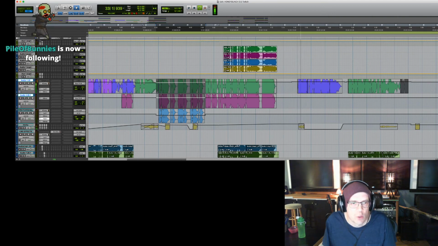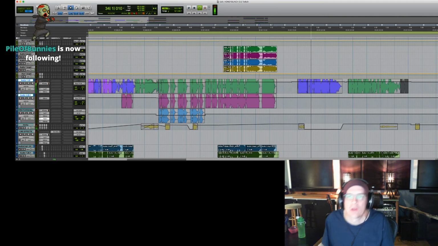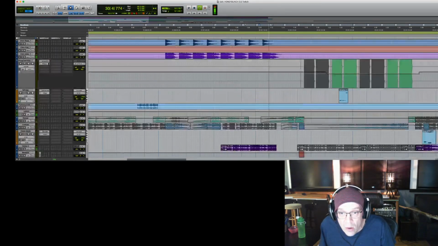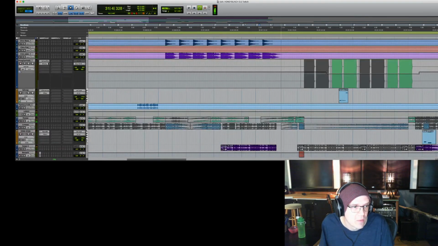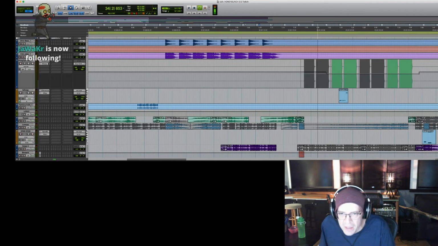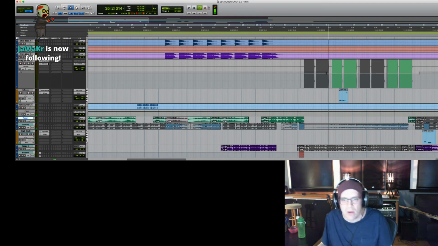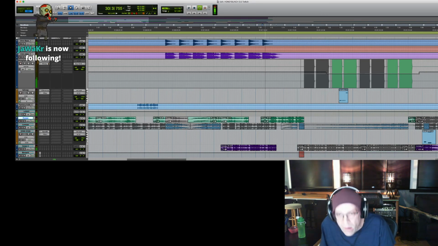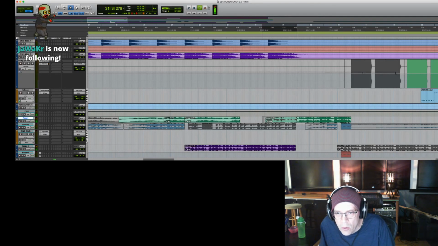Okay, so that loop needs to come up here. So there's a loop in that break. This one here. Alright, so I did a fade in, but let's get rid of that and have it start abruptly. So we go right here, boom. That's better.